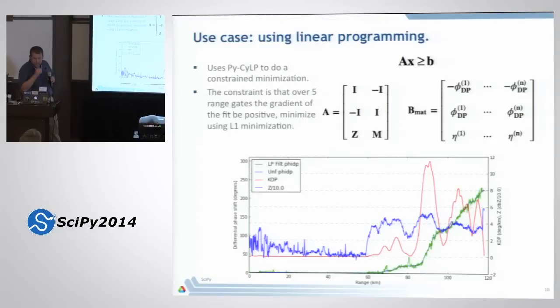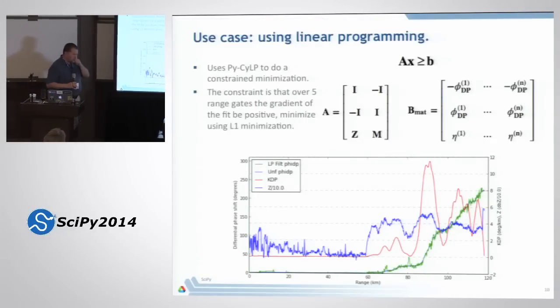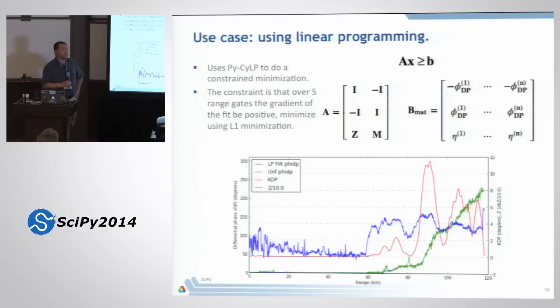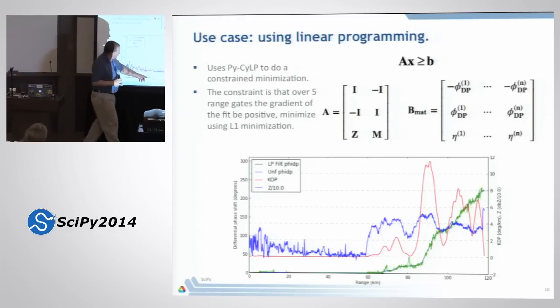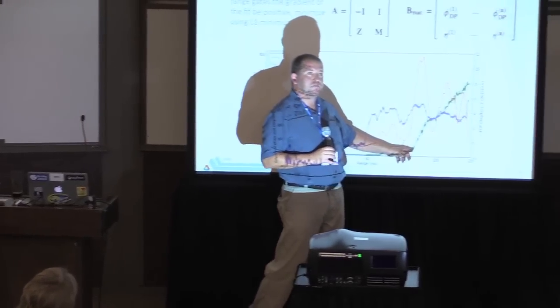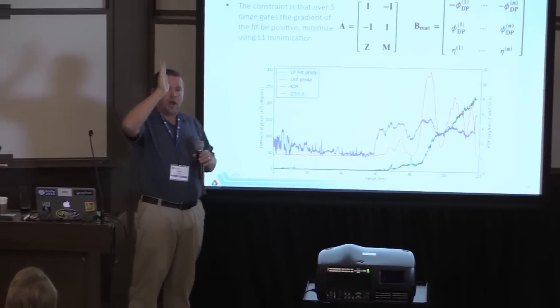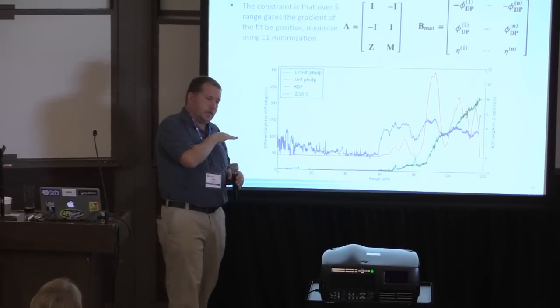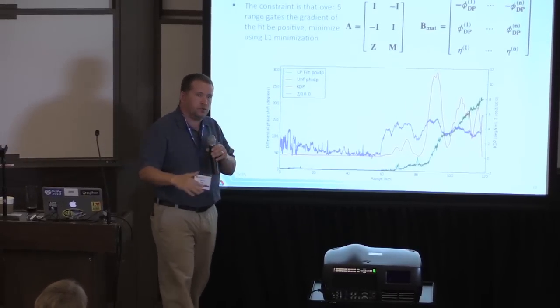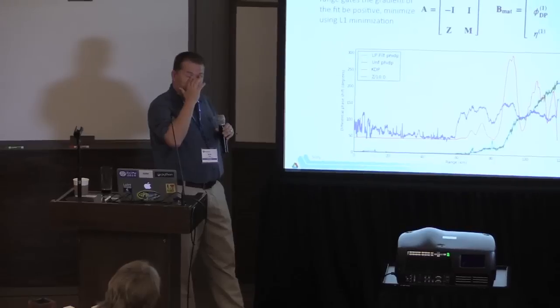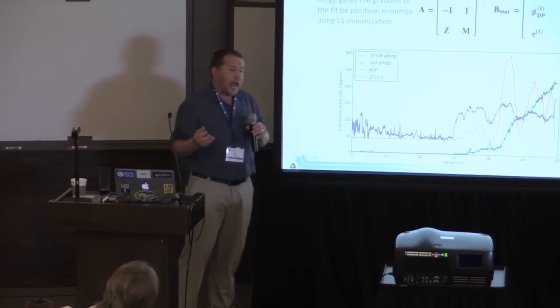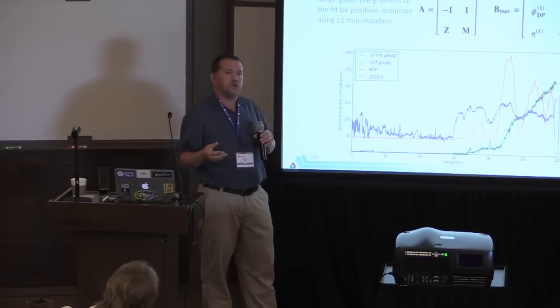We also have a bunch of retrieval algorithms and also processing and data quality algorithms, again trying to bring mathematics to bear on our data source. One thing we do, so here is our propagation phase. Well, actually, this is a measured phase difference between the vertical and horizontal channel. As the radiation propagates through droplets in the atmosphere, it changes phase. And it can change phase due to a variety of reasons.